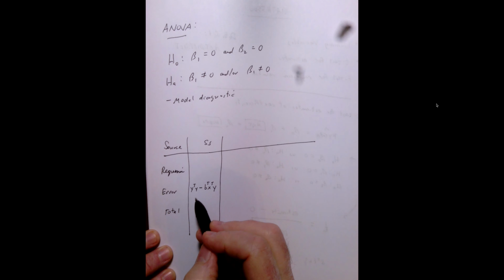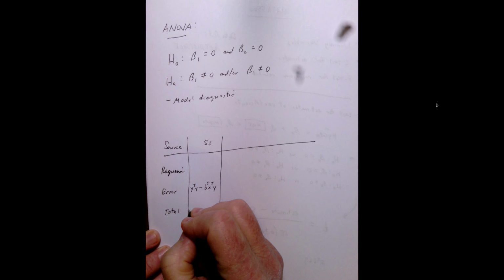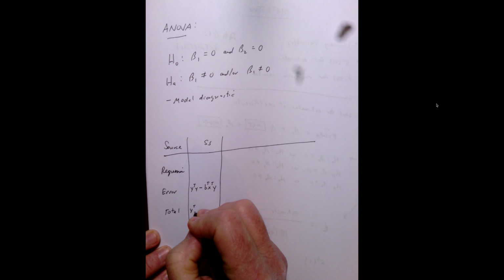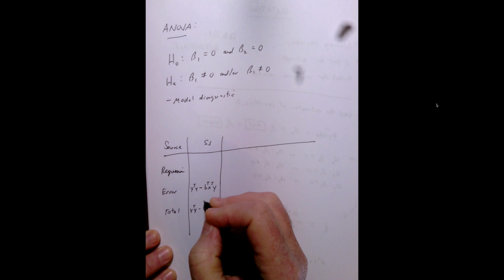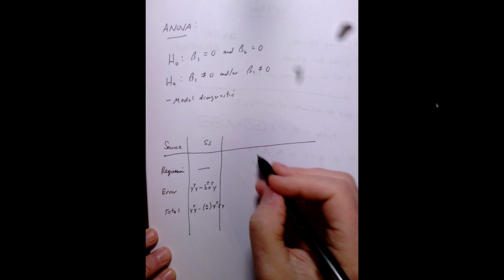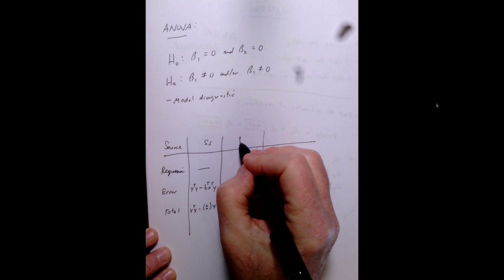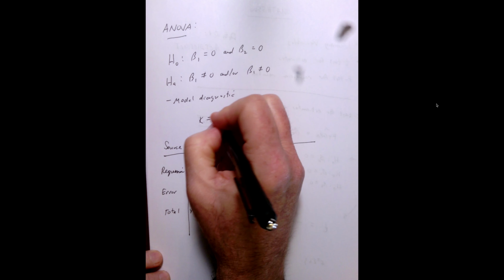The sum of squares for the total is just y transpose y minus 1 over n y transpose J y. And of course we've seen the regression as well. So now we get into the degrees of freedom. The degrees of freedom turn out to be, if we let k equal the number of predictors,